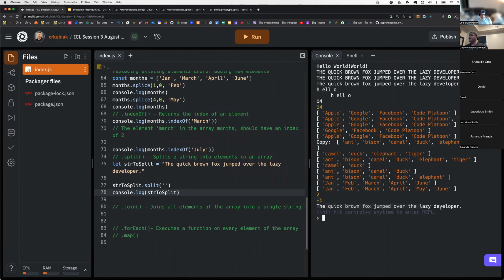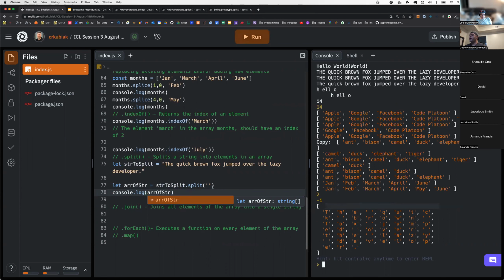Right, notice how I still get this. But now, if I say, let's do let rOfString equals stringToSplit, and I console.log rOfString,